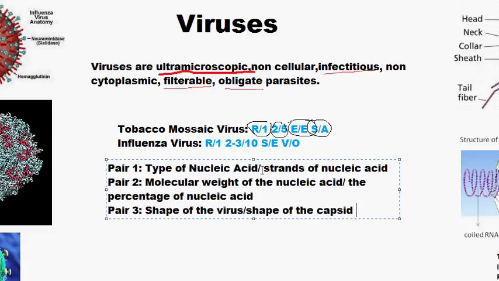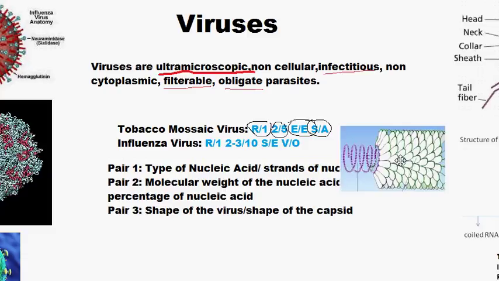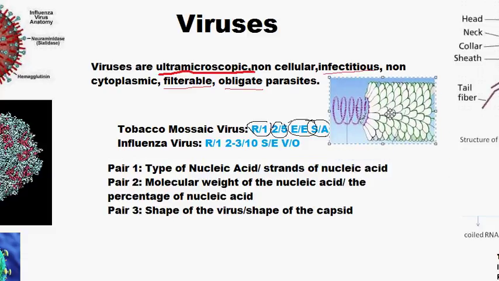So that was the third pair. E here refers to elongated shape. So what do I mean by elongated shape? Let me show you a picture, the tobacco mosaic virus. I have a picture of the tobacco mosaic virus outside of your screen, so let me bring it out here. You can see how it is rod shaped. This will continue, not till here, only a portion of it is shown in the picture. It will be long, an elongated shape.